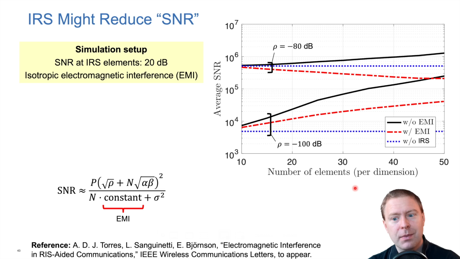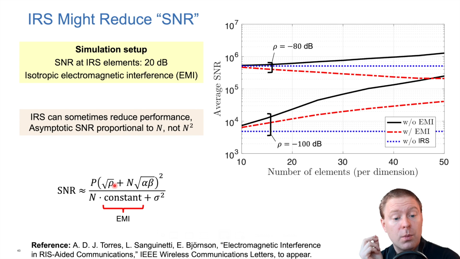How can that be? Well, it's because the scaling of n makes the additional EMI non-negligible, while the improvement in signal power is small. Even if we have a 20 decibel gain over the EMI, this part is strong enough that we don't see that difference. So an IRS can sometimes reduce the performance,